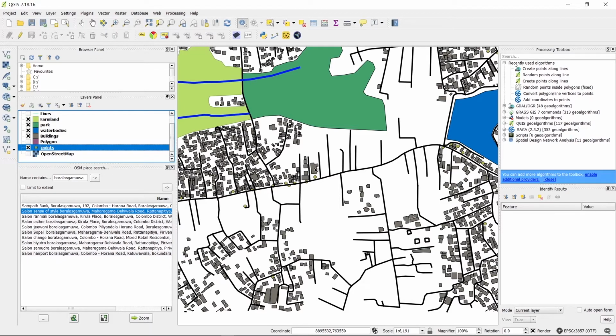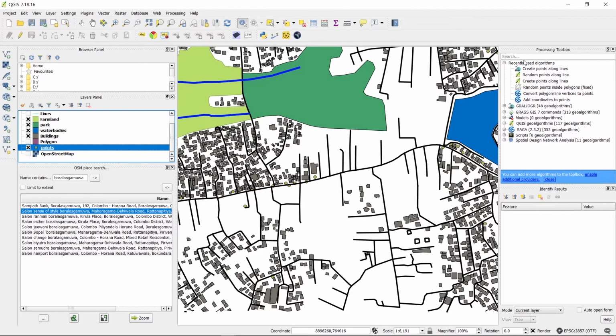I mean we can generate points for each building and get the latitude and longitude for each building. Or we can go for road segments. We can generate points along the roads, and based on those point coordinates we can request Google Street View images. Right, I will do a couple of examples.